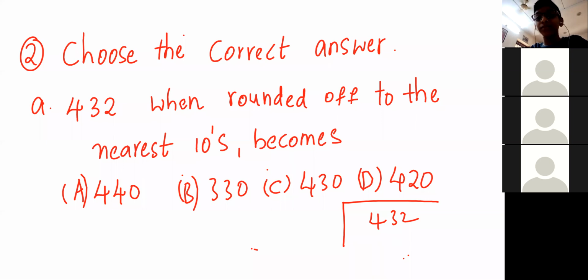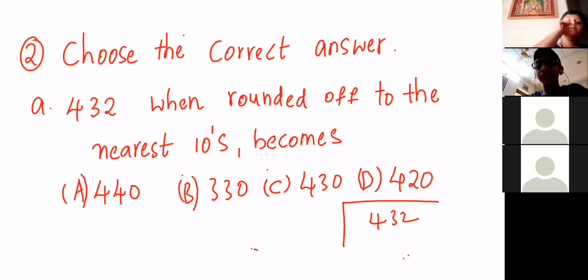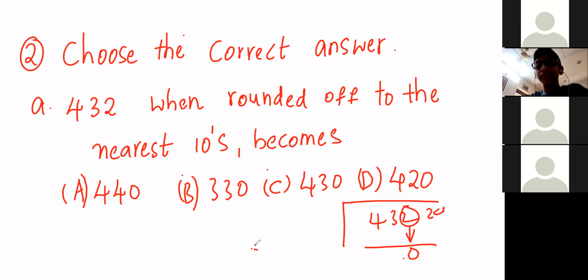So let us see how you get 430. Yashmant, somebody was also trying to tell the correct answer. See, it's 432. To round off this number to its nearest 10, the ones place should always be 0. Go back to the ones place digit. What do you have? 2, which is less than 5, right? Then there's no need to change anything; the tens place stays as it is. So the answer is 430. Where do you find 430? Option C, right? Tick that option as correct. 432 when rounded off to the nearest tens becomes 430.